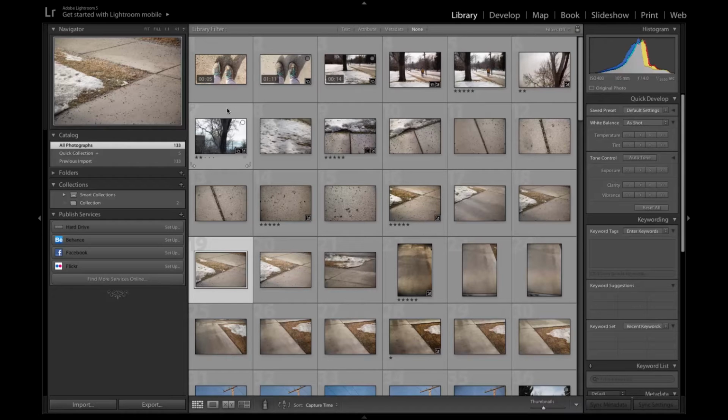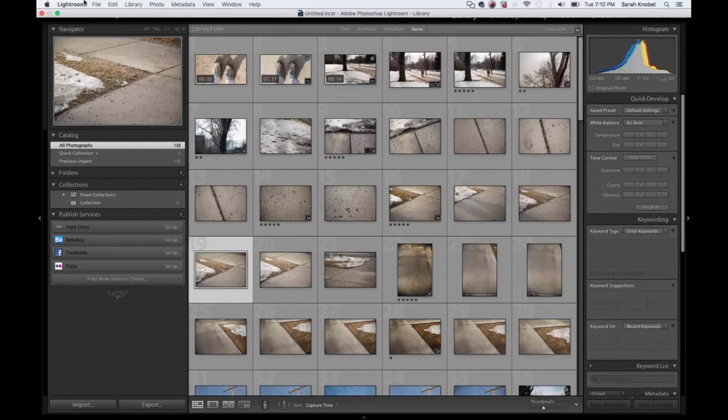Now, I already have Lightroom open, but if this is the first time you're using Lightroom, you will see a panel that opens up for you to create a new catalog. So let's talk about catalogs. I suggest creating a new catalog for every assignment I give you and when you're out shooting on your own. This will be a way for you to organize your images. If you choose to always use the same catalog, then you'll have some serious organizing to do to divide up